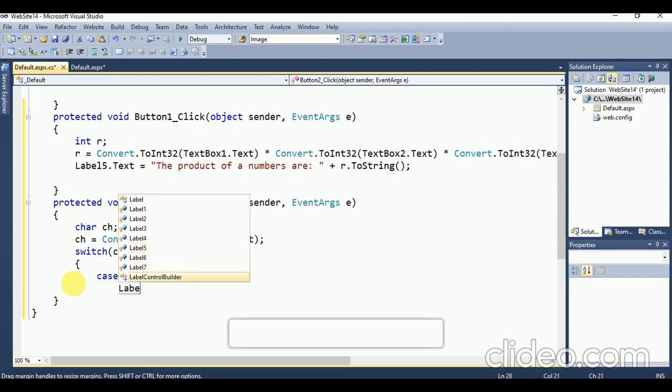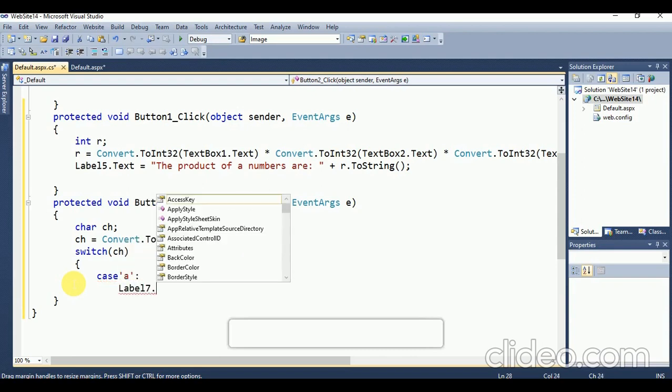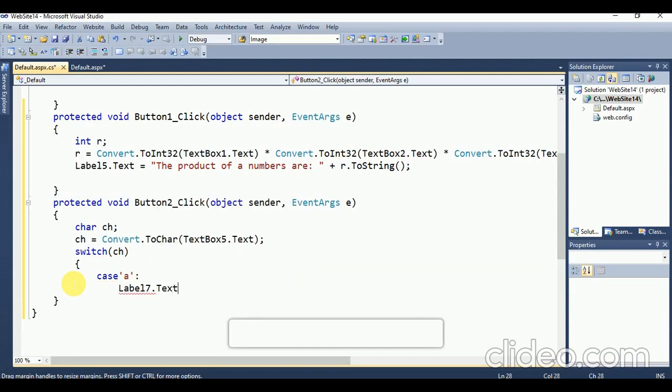If there is a match, the corresponding statement after the matching label are executed. If there is no match, the default statement will be executed. And if we do not use break, all statements after the matching label are executed.